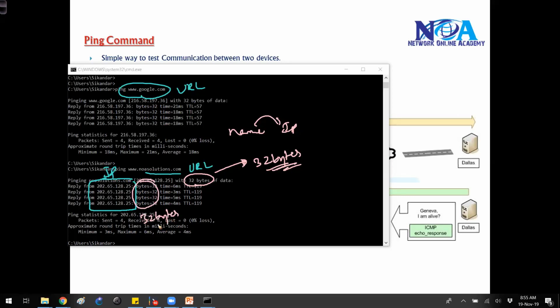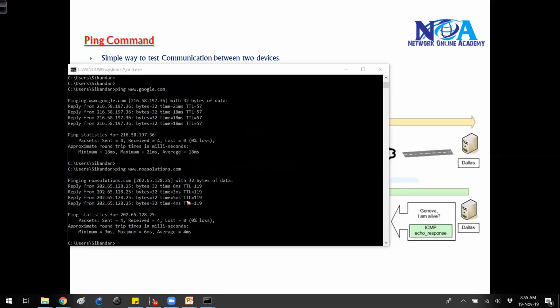So the default payload, the default size of the packet sent by the source machine, is 32 bytes, and the reply comes with the same 32 bytes. Among the other parameters, if you observe, there is something called TTL. TTL stands for time to live. Generally, this TTL value will vary depending upon the operating systems as well as the devices.